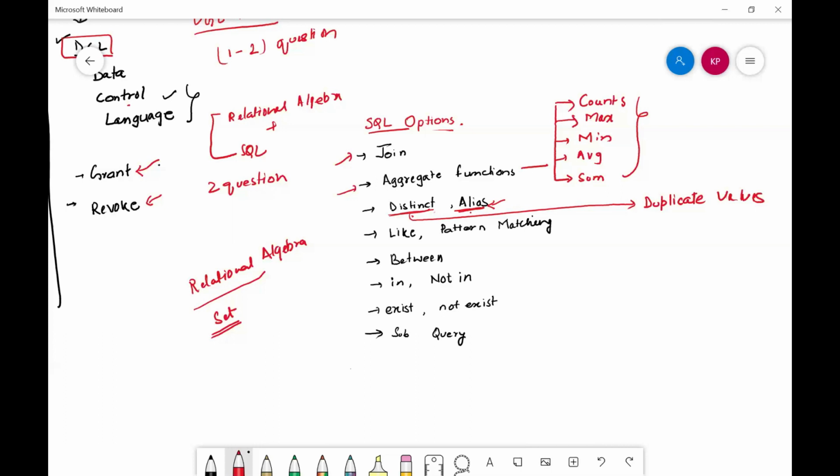The next option is pattern matching. Sometimes we don't know the exact criteria to select the data, the table, or the columns.